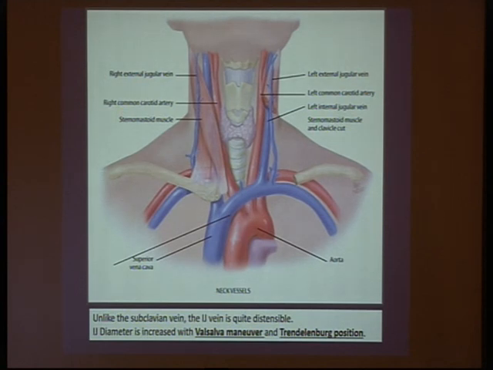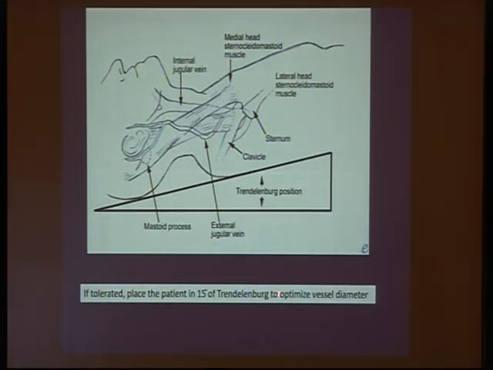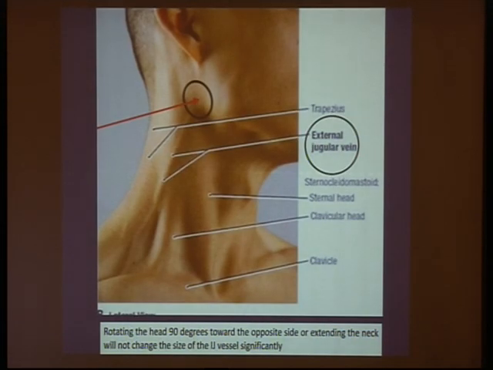Internal jugular vein has lower complications compared to subclavian vein, lower mechanical complications. In addition, internal jugular vein could be distensible. Doing Valsalva or Trendelenburg position will make internal jugular vein more prominent. In addition, rotation of the neck